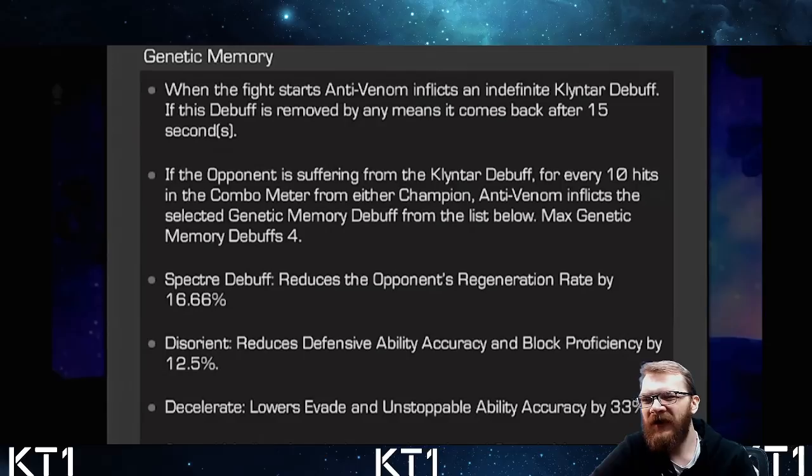Now that disorient is quite useless, because if you can get 4 in a typical scenario on, that's still only 50% reduction. So yeah, it really is bad. And we have deaccelerate, lowers evade and unstoppable ability accuracy by 33%, but it doesn't have the weakness of slow. So effectively, it's pretty much 1/3 of a superior slow, if you will, because you can get up to 3 of these on,